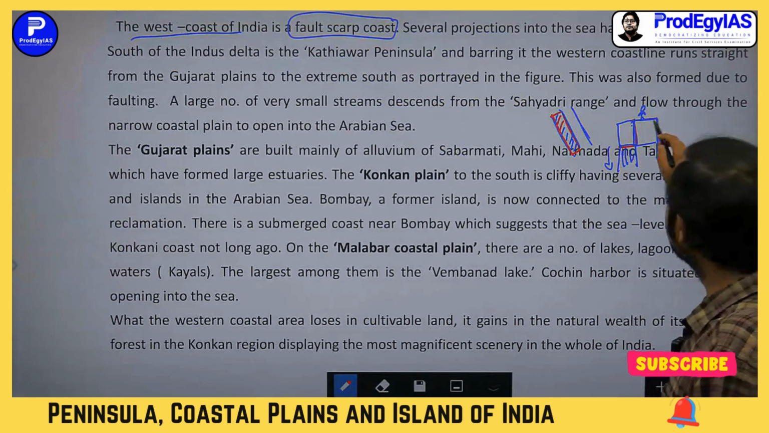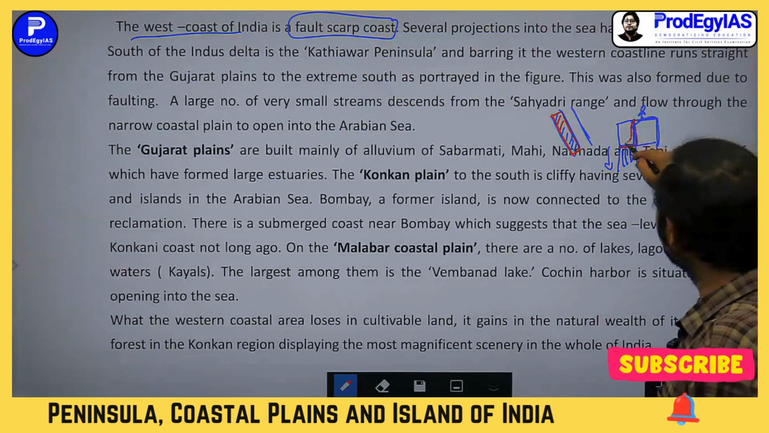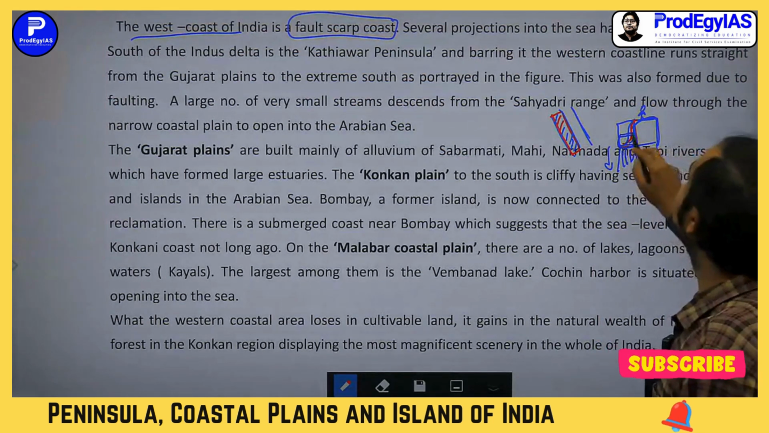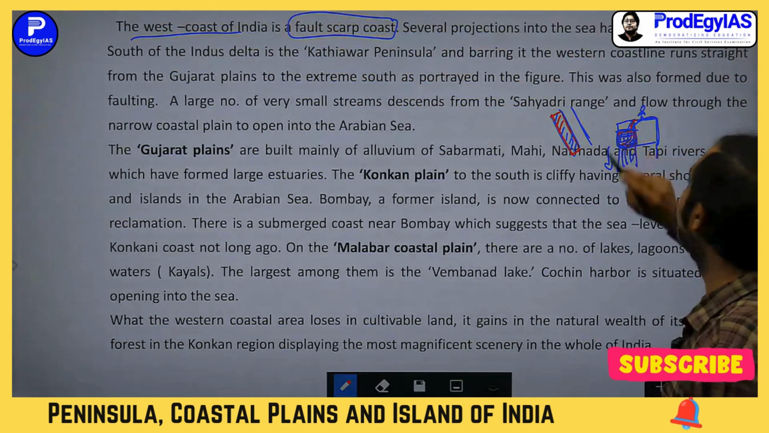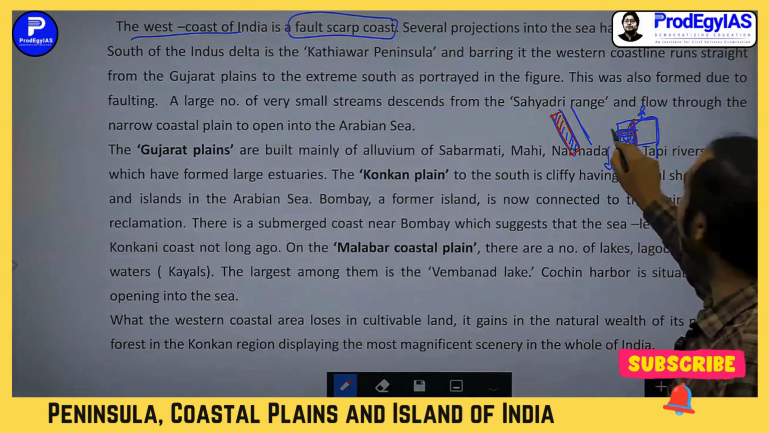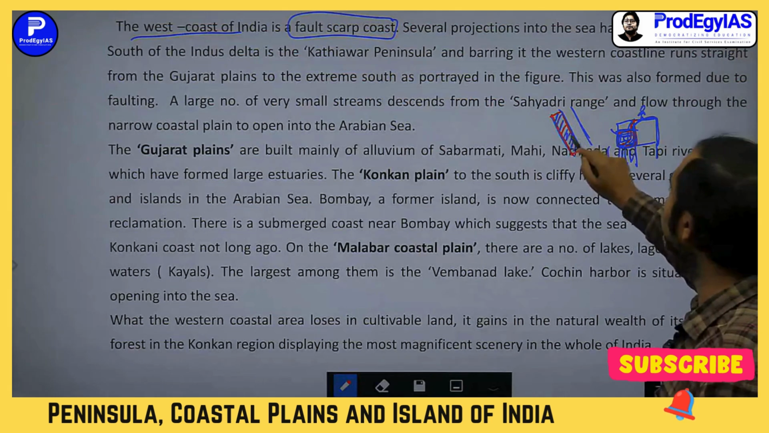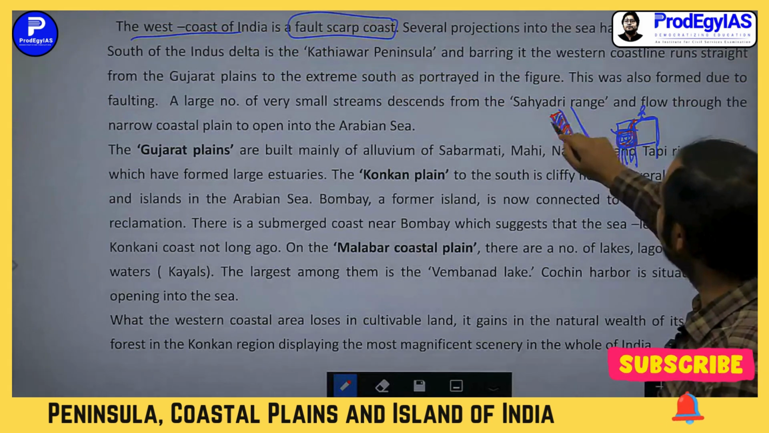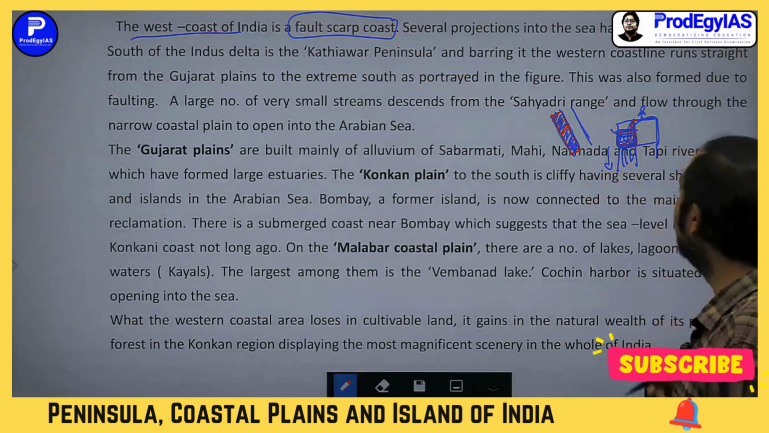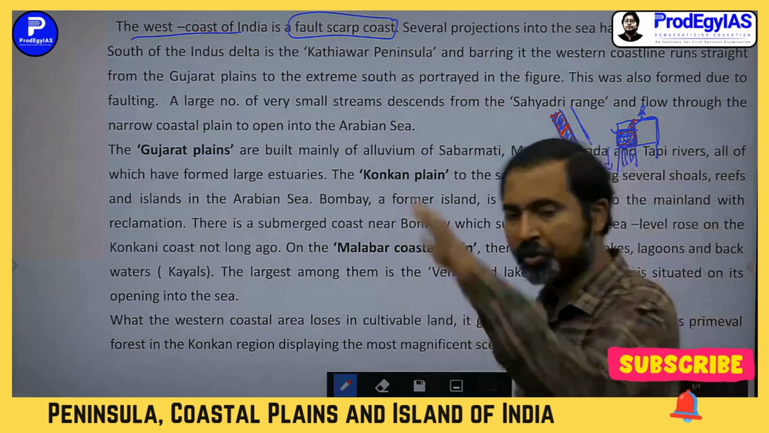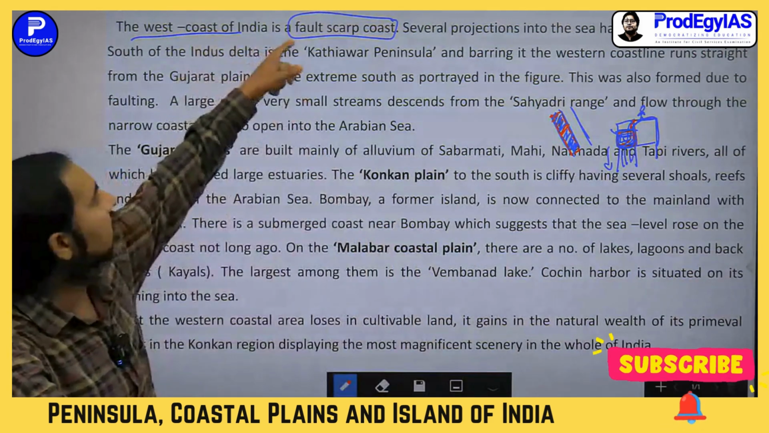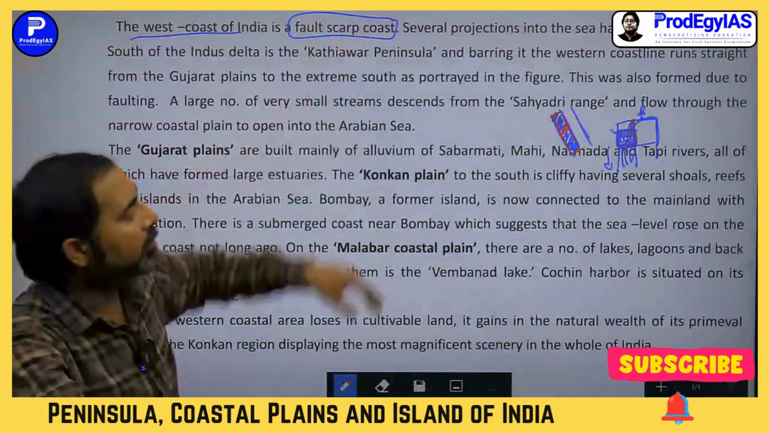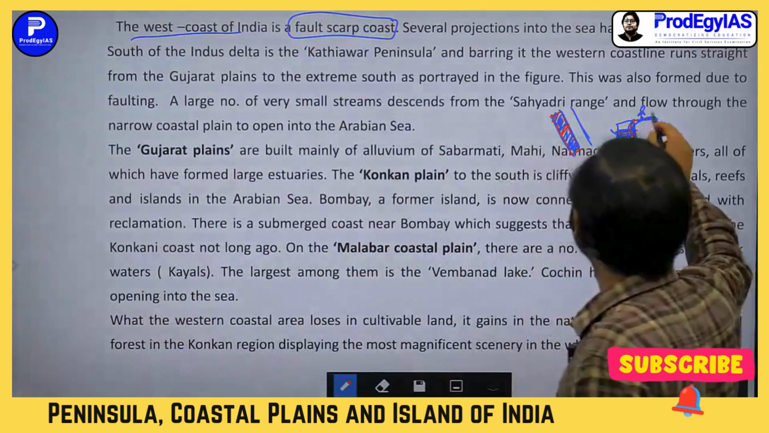Now the rivers fell down like this, and they deposited sediments in this manner on this part. Later on, this part, which was submerged, was filled with alluvium, and this could become a coastal plain, right? So that coastline is of a fault scarp type, because previously this was continuous land,